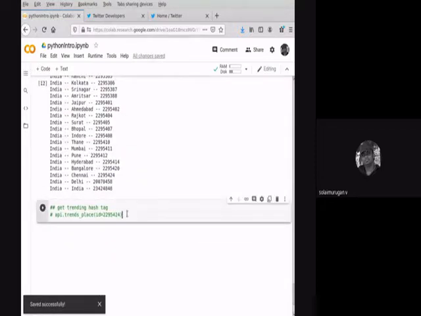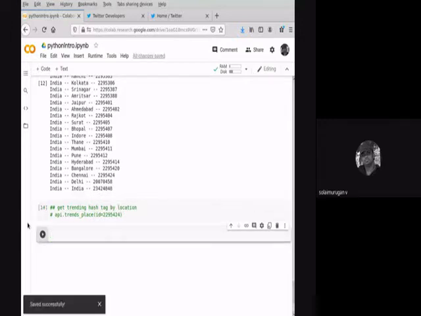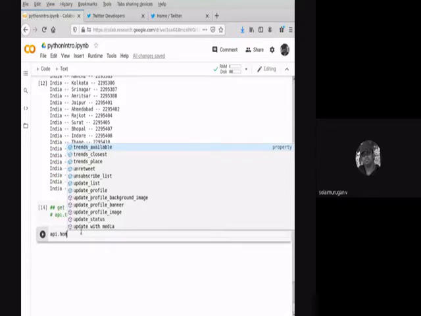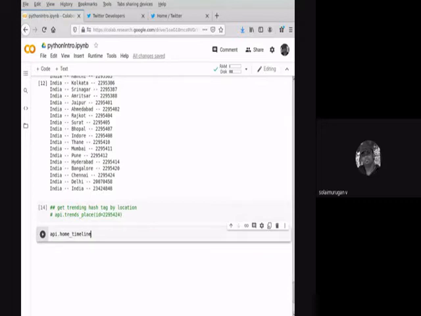Okay, fine. Trending hashtag by location. Okay, then API. API is like a user, because we authenticated by using API only, no? The authenticated return is available in API. So the moment you type API, it has all your credentials, like your username and password. So you always have to put api.home_timeline. Home timeline is a function.